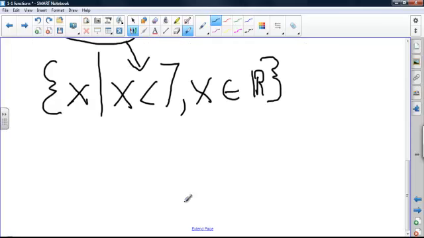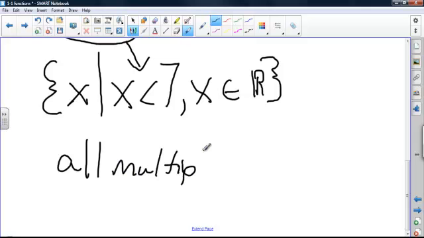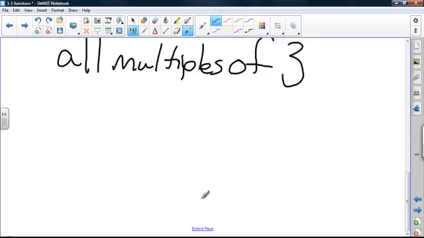Now, to deal with something a little harder, we're going to deal with all multiples of 3. Now, if I'm going to write this in set builder notation, well then, let's think about that. All multiples of 3. Well, there's 3, and there's 6, and 9, etc. And there's all those numbers. Well, when we do this, we have to start with our brace, and we're going to put x such that